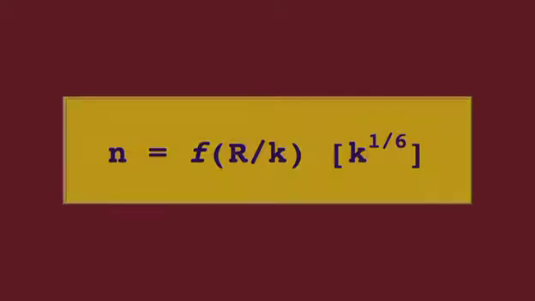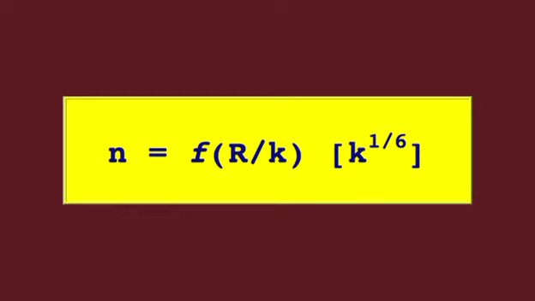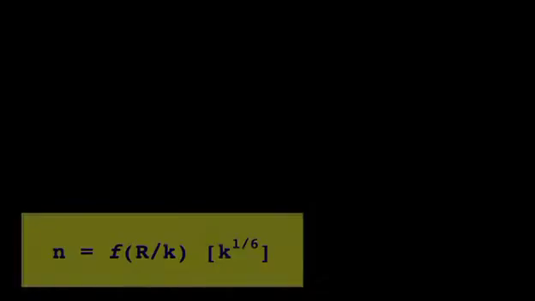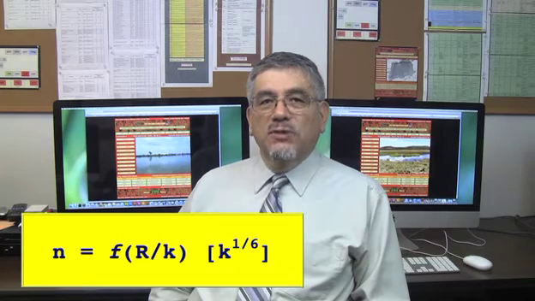The general theoretical formula for Manning's n is given where R over k is the relative roughness and k is the absolute roughness. R is the hydraulic radius. The absolute roughness is taken as a representative grain size of the particles forming the channel bed. Strickler used the constant 0.0342 in lieu of relative roughness and the median grain size as the absolute roughness to give